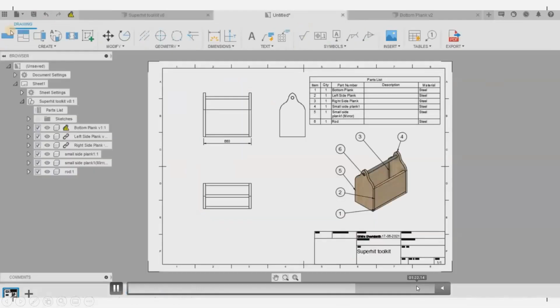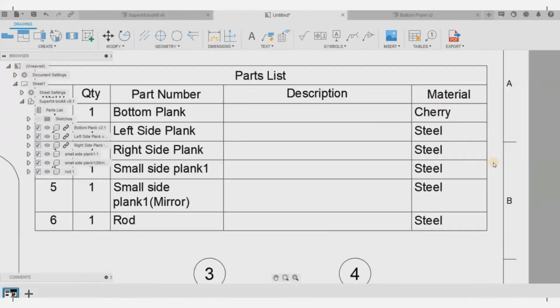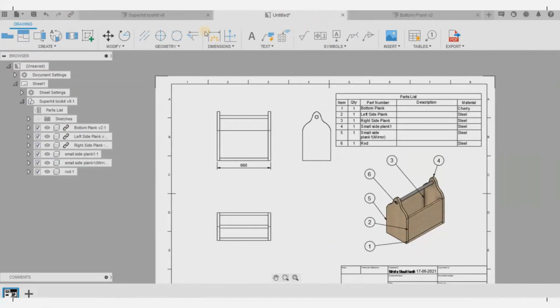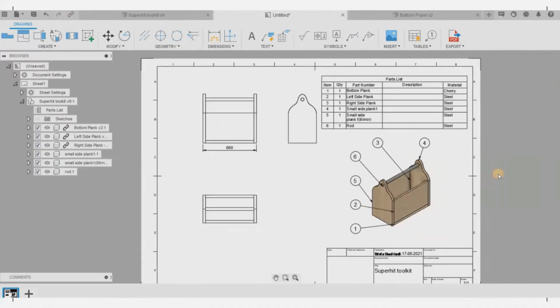So let's move to the drawing worksheet. Here when I'm updating it, you can see whatever changes I have made in the model, all of them will be updated. So here you can see the bottom plank material is cherry. For the whole assembly also, you will be able to make the changes.